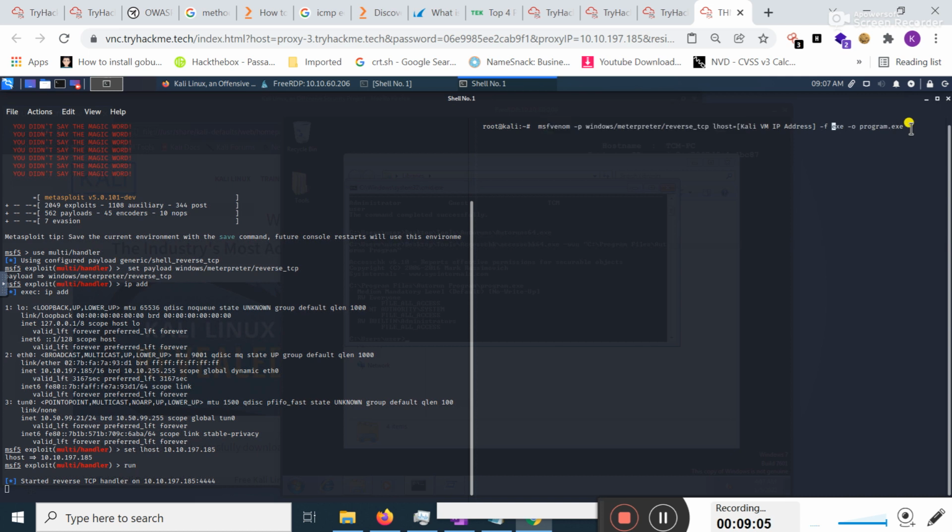I should change the IP address here. I typed lhost equal to my local IP address, 10.10.197.185, and simply pressed enter.